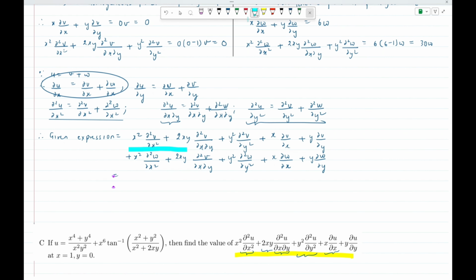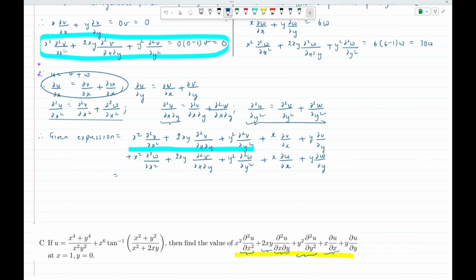So you can see that this expression is 0. So we can write this as 0 plus, then we need this expression, x into partial derivative of V with respect to x plus y into partial derivative of V with respect to y, which is again over here. And that also we have got as 0. So let us write another 0 here. Plus, coming down,